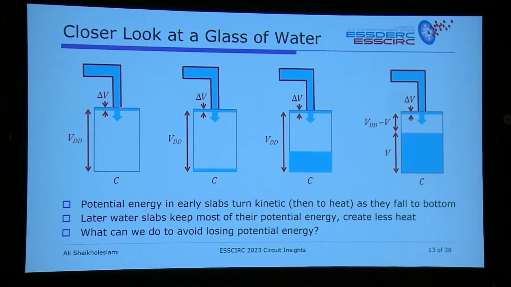At the beginning, this water slab has some potential energy, but I release it. It goes to kinetic energy. It hits the bottom, creates probably some disturbances, right? And then it settles, so it stays here. And now I drop this again. As I store water in this, or I store energy, potential energy builds up, right? But then at the beginning, there's going to be a lot of waste of equal amount at the end, actually, to the kinetic energy. So every kinetic energy here is lost to heat because you have water that's splashing around and then it settles. So at the beginning, I'm going to lose a bit of energy and store some energy,